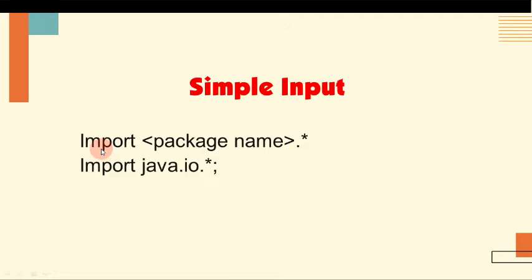The package which I have used is import java.io.*. So what is this? This is the package used to accept the inputs, that is input and output. I mean to say here IO is there. IO works as input and output. So this is a very important stage of the program. This will be in the beginning of the program. When you use input and output statements in the program, this package should be used.